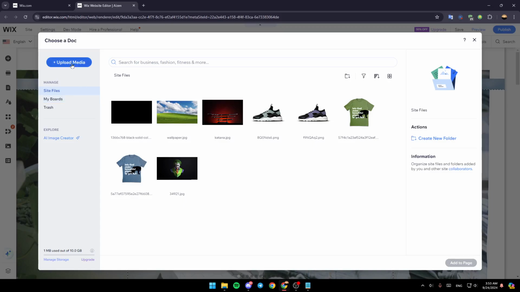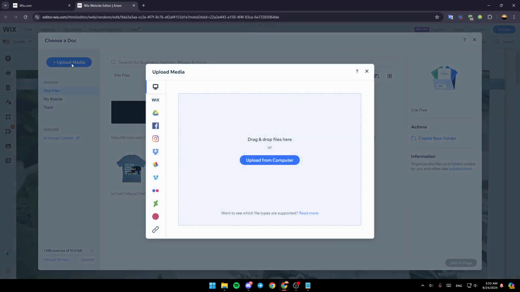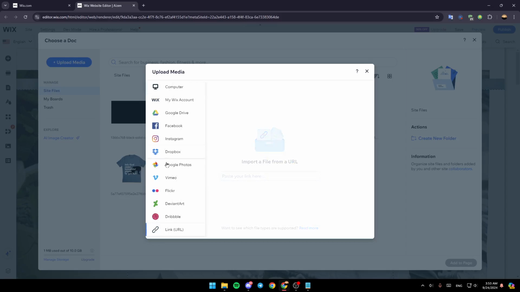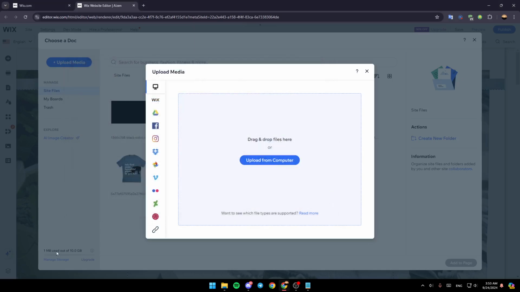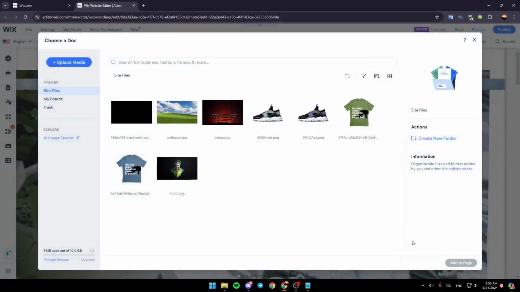Once you add it, you need to upload your PPT file. Click on upload media, and then you can upload either from your computer, you can upload from a URL, your Wix account, and so on. So for example, if you click on upload from computer, you can browse here for the file, or you can just drag it directly. And then once you add this, click on add to page, and then it will be